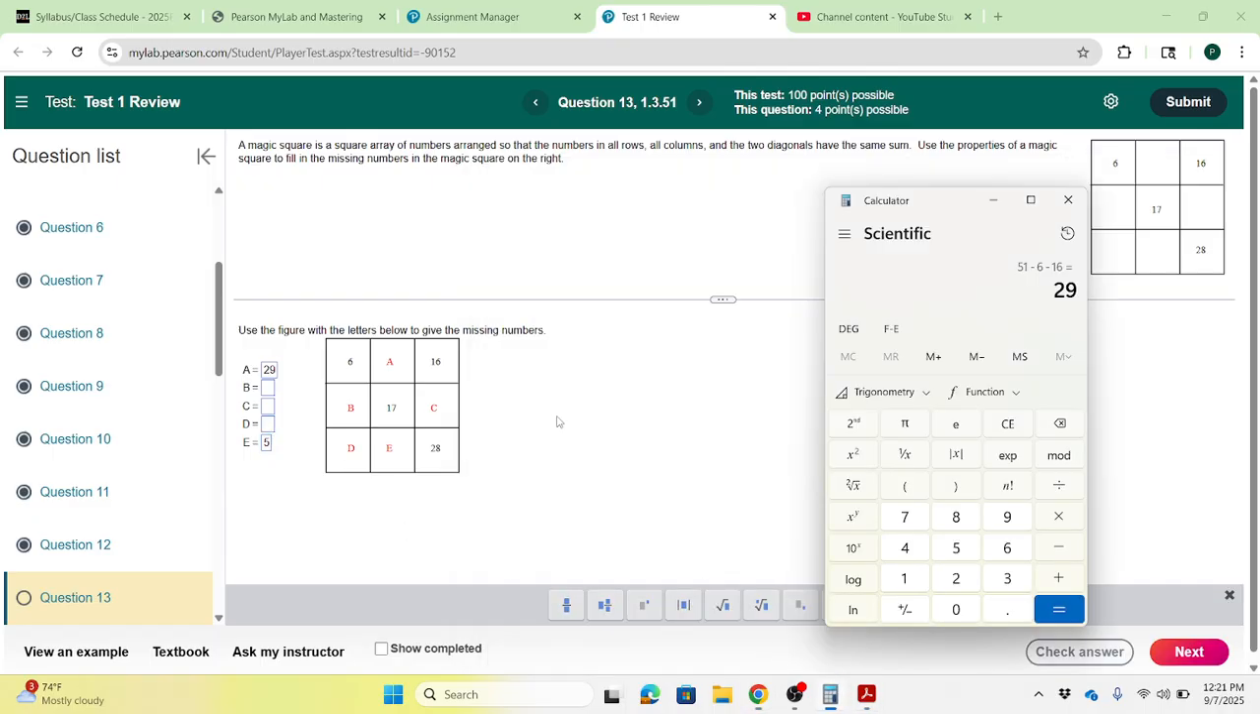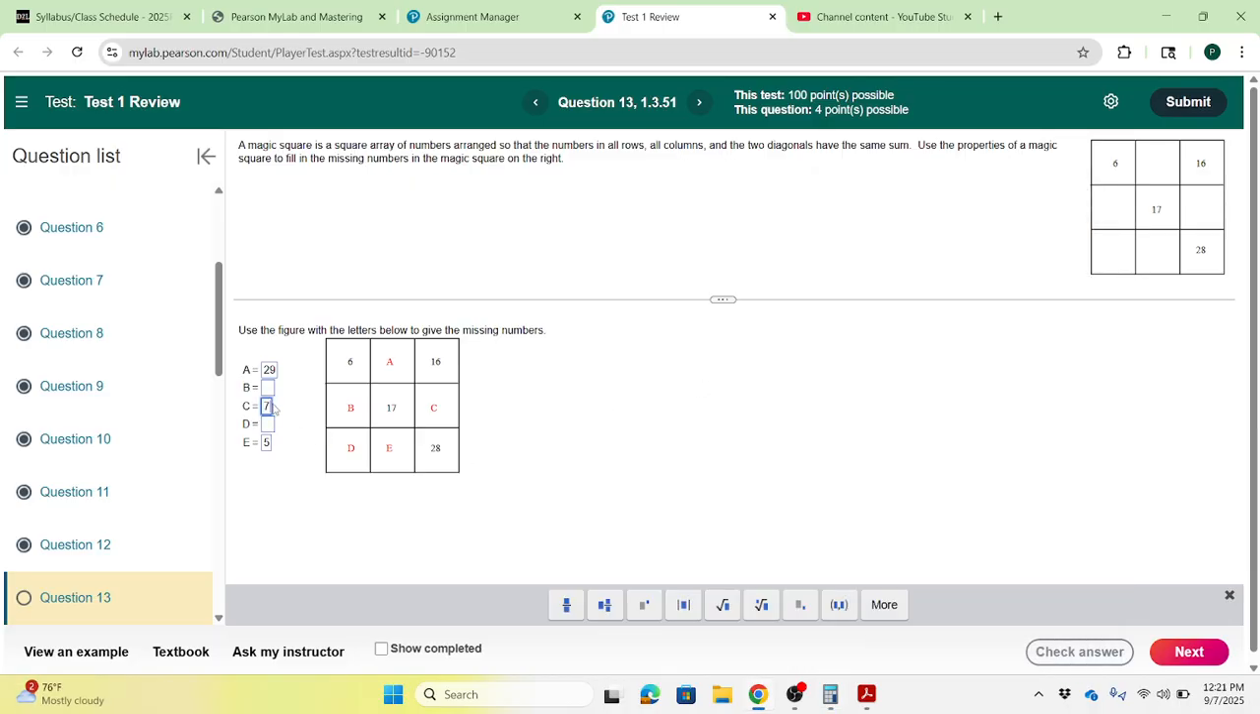Similarly, you can find C. You just have to subtract 16 and 28 from 51. That is the total. 51 minus 16 and 28. So that would be 7. C is 7. So after finding the C, you can find the B, because B plus 17 plus C is